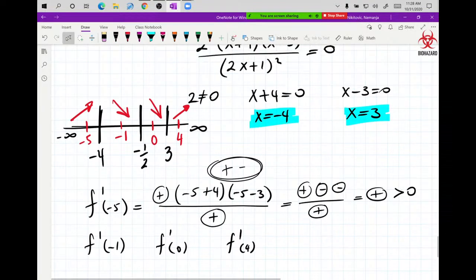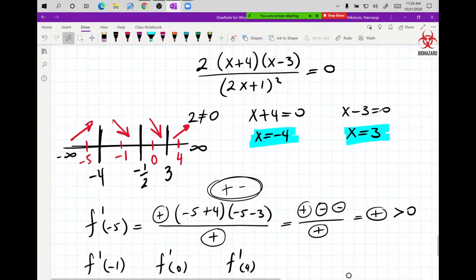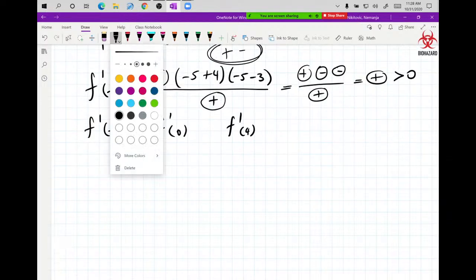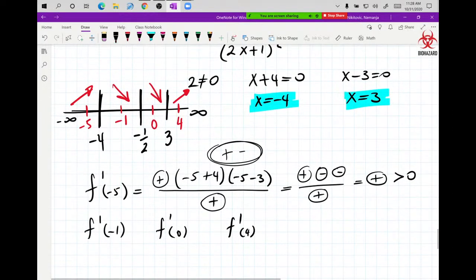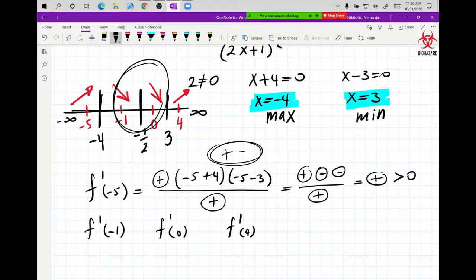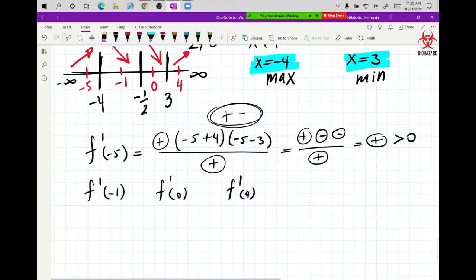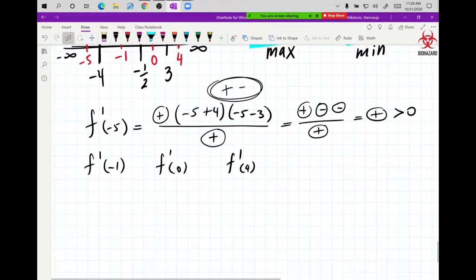But now, what I found is that this one is a max, and this one is a min. I found that by looking at the graph. And obviously, look, the vertical asymptote is not going to show a min or a max. It can't, because you can't have a point at the vertical asymptote. So that's it